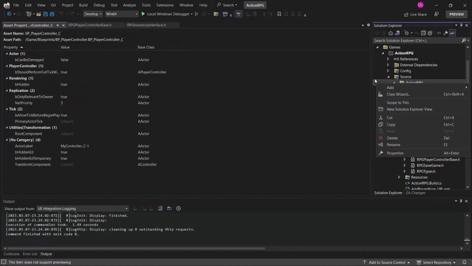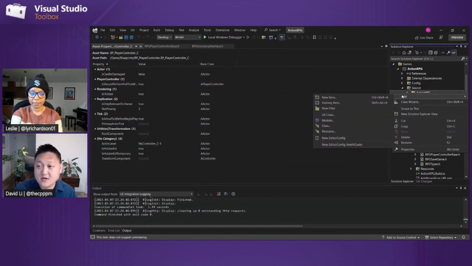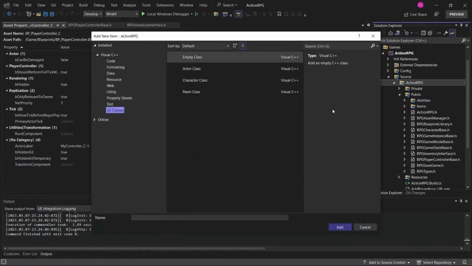Once again, we heard from developers that it used to be that you had to open up the Unreal Editor, add a specific C++ class, and then open up Visual Studio again. But now you can right-click in your Solution Explorer and choose add UE class,